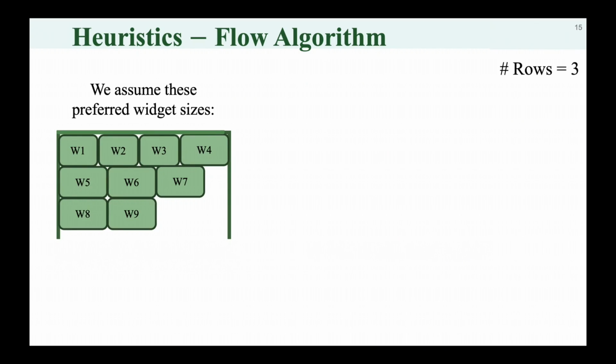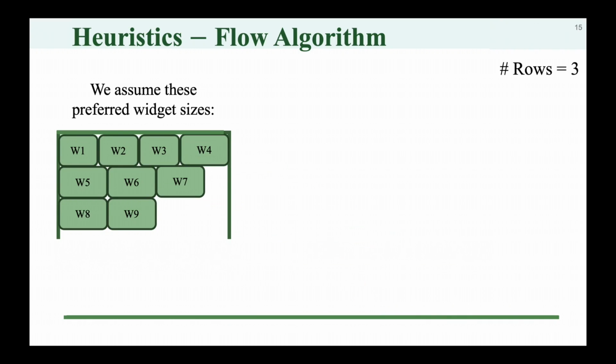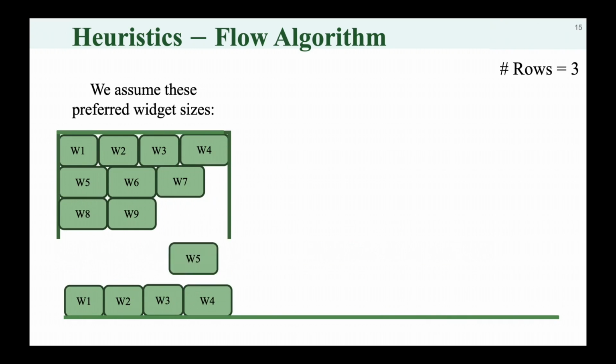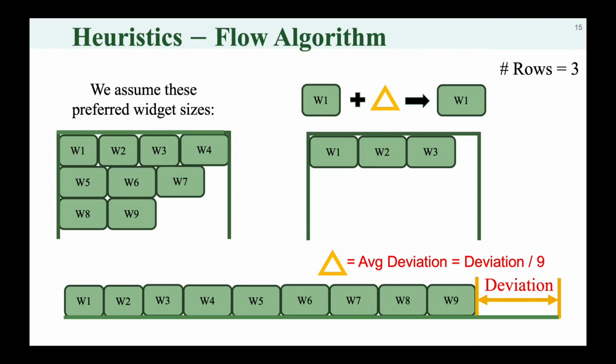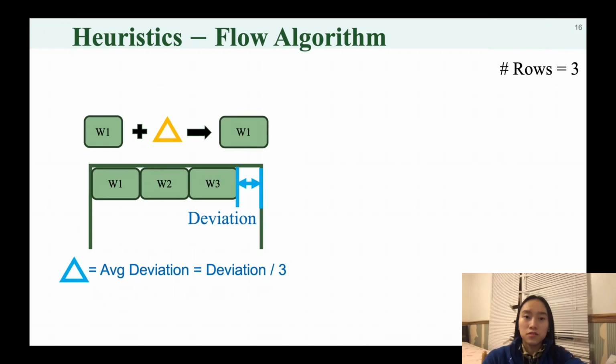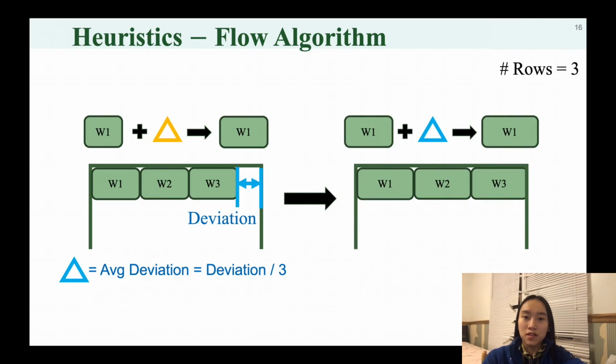Given a specific number of rows, every time before starting a new row, OrgSolver calculates the remaining available width in the flow and computes the average deviation from preferred width for all the remaining widgets. Then it keeps adding the next widget using its preferred width plus the average deviation to the optimal arrangement of widgets in the flow. To fill a row without leaving gaps, OrgSolver redistributes the sizes of widgets evenly over the available width by minimizing the sum of squared deviations to create a balanced appearance.